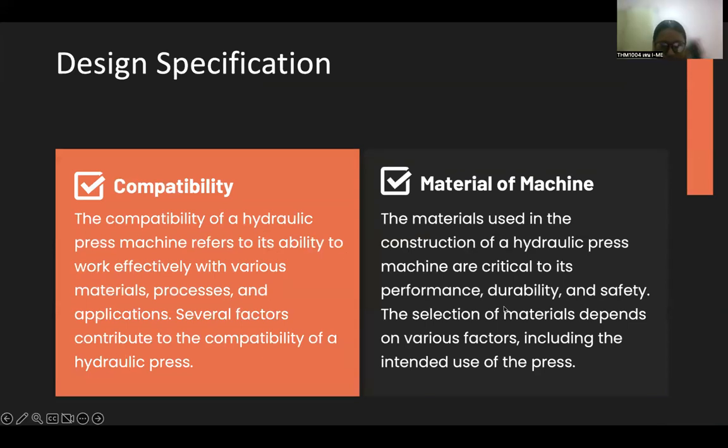And the next page talks about compatibility. The compatibility of a hydraulic press machine refers to its ability to work effectively with various materials and processes. And the next is the material of the machine. The material used in the construction of a hydraulic press machine is critical to its performance, durability, and safety. And the next page talks about